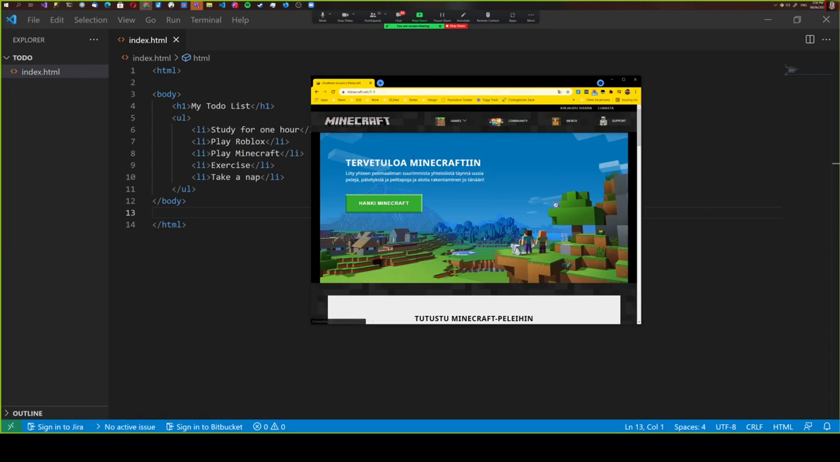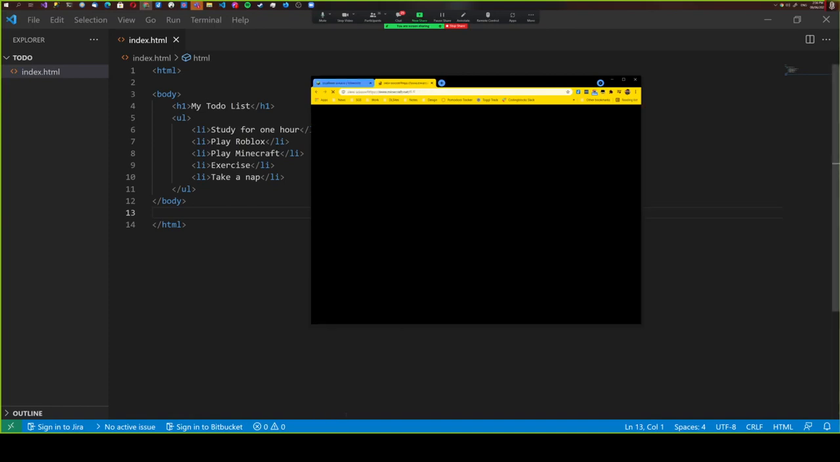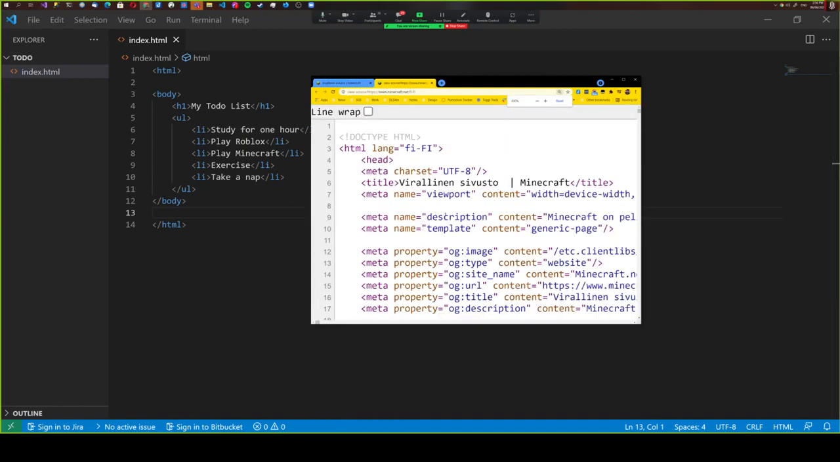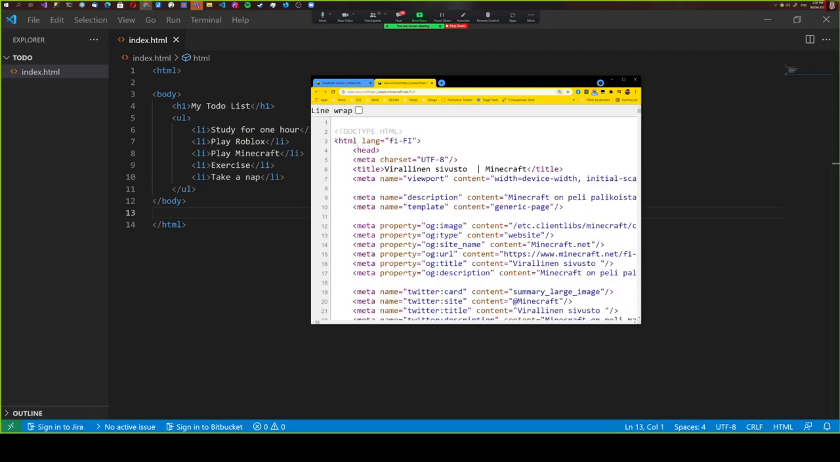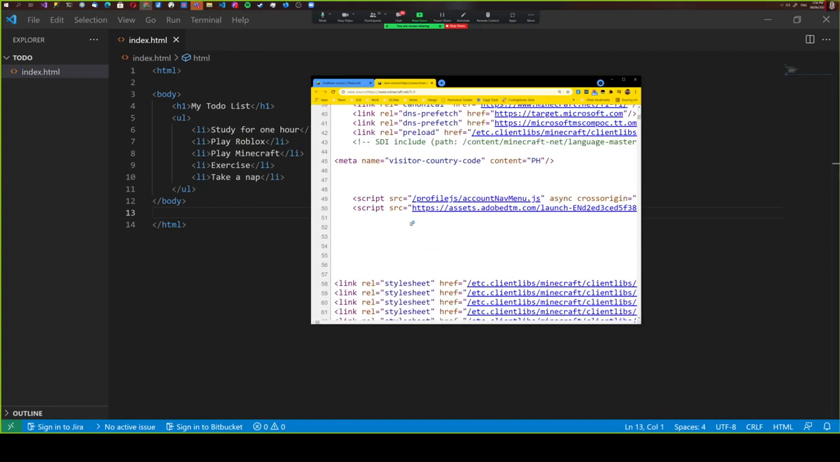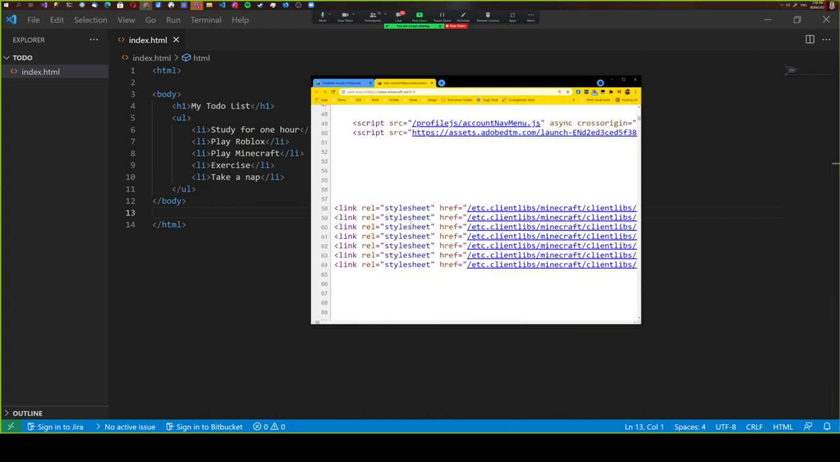All right, so here we are at minecraft.net. And when I right click on it and view source, you're going to see a bunch of this. Let me just zoom it in. A bunch of these HTML tags. So there are so many of them. I won't be discussing each and every HTML tag, because that's